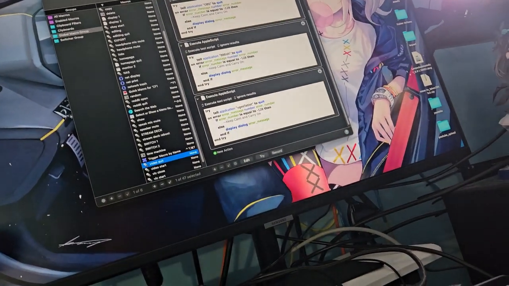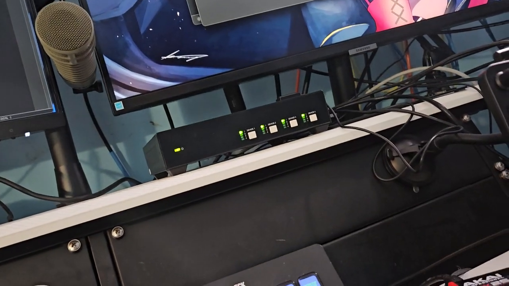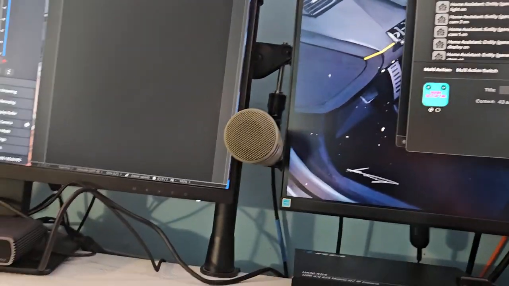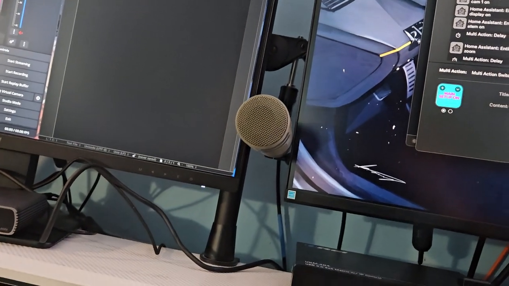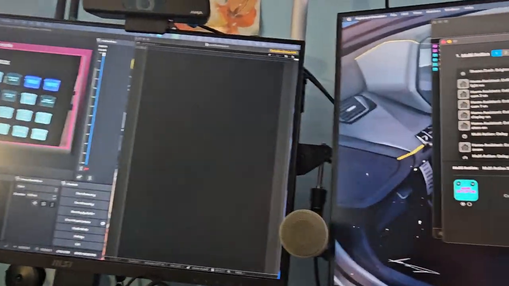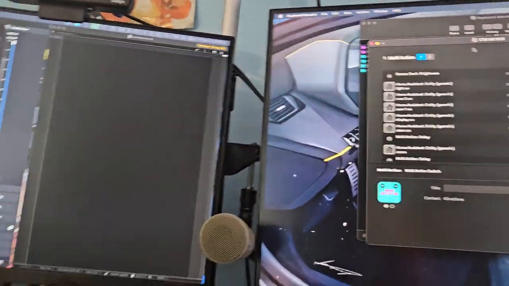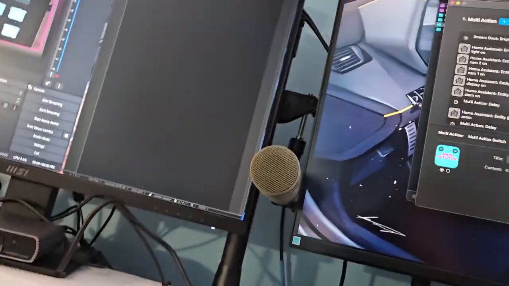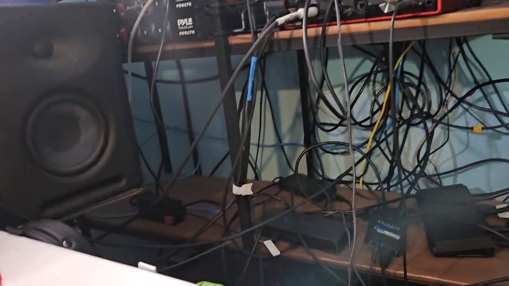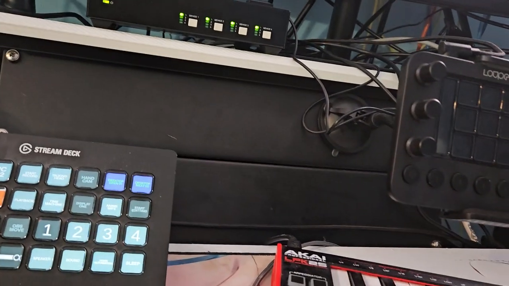And so if we go to the Stream Deck application, go to here, I'll show you what it looks like. So when we turn on, it does brightness, and then it turns on light, which is the one behind me. Then it turns on cam 2, cam 1, which is this light and that light. And then it turns on the display, which is this and this. And then it turns on ATEM, which is this device here, and my ATEM Mini up there, and my ATEM Mini Pro down there. And then it basically